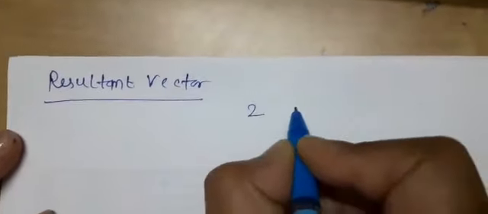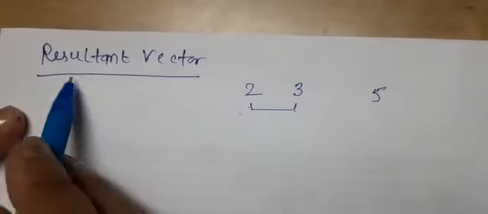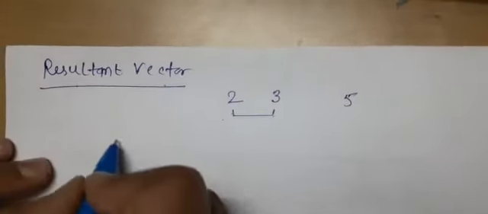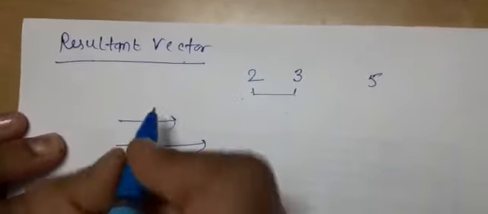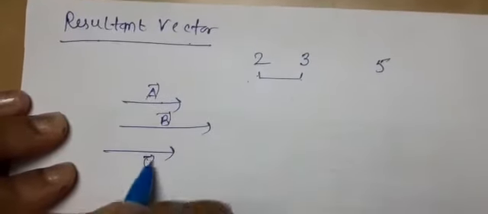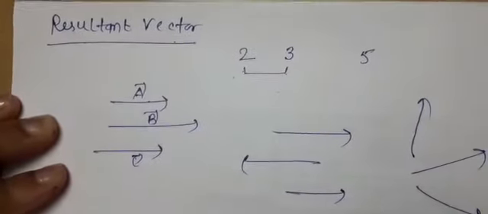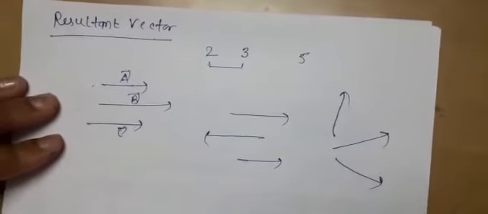So now next is resultant vector. To understand this, suppose we have two numbers, 2 and 3, and if we have to take their combined value, it will be 5, as this is a numerical value. But when we are taking a resultant vector, it means the resultant of two or more vectors. Suppose we have more vectors. So for the resultant of these three, vectors can be like this, vectors can be in opposite directions, vectors can be in some inclined direction also. So if we have to take the combined effect of all these vectors, that is a resultant vector.